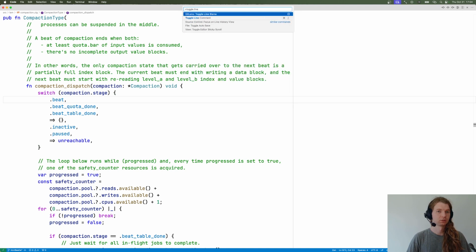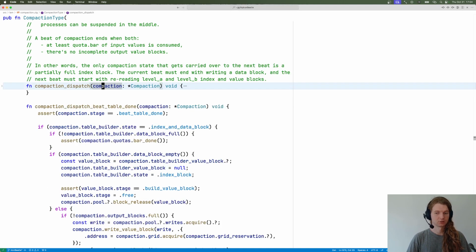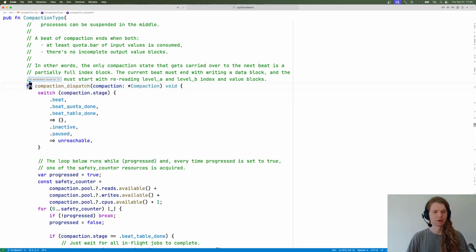So this is line 970 and the next one is 1192, so like 200 lines of code or something like that. This single function runs the entire compaction. The job of this function is to take one table from level A, a bunch